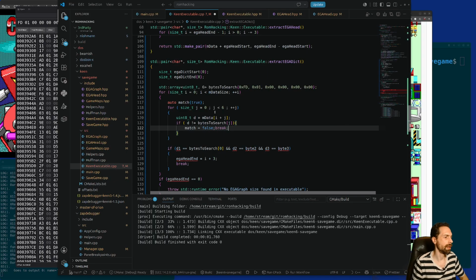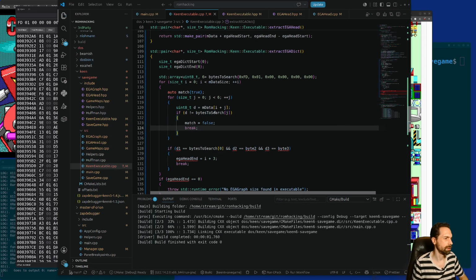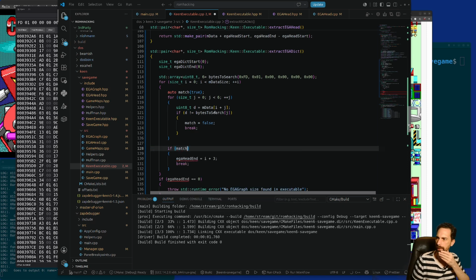I think that's correct, right? So we loop 6 times, we get the correct byte, and we check against the correct index byte in our bytes to search. If that doesn't match, we're false, and if we have a match, then we can